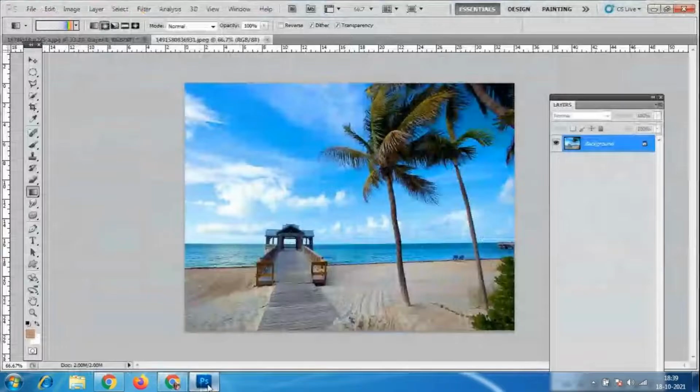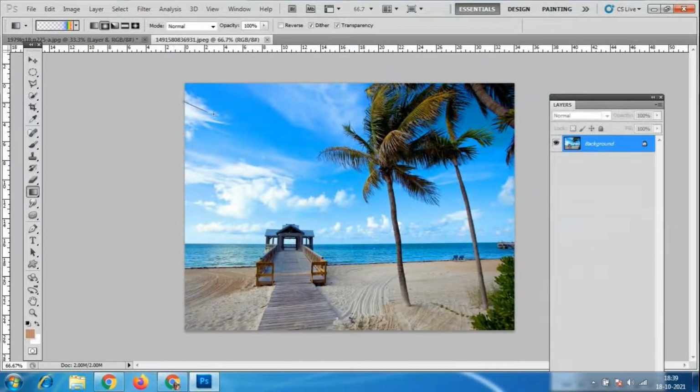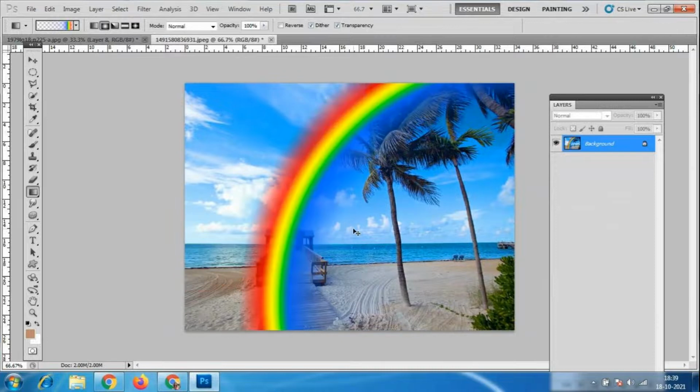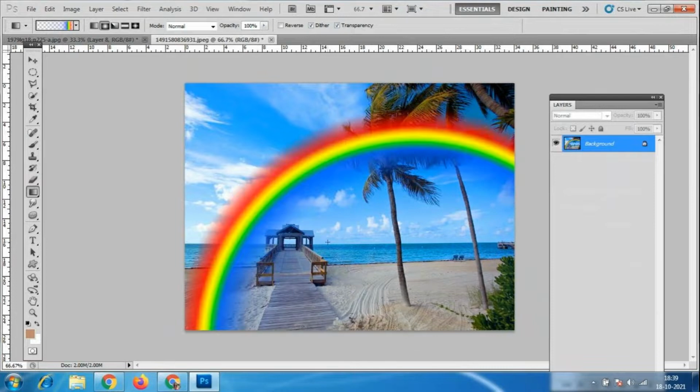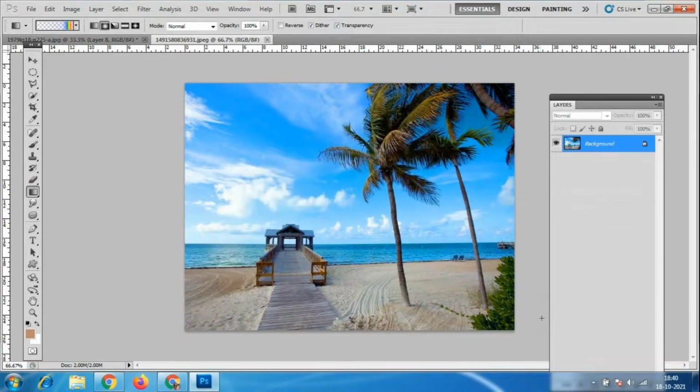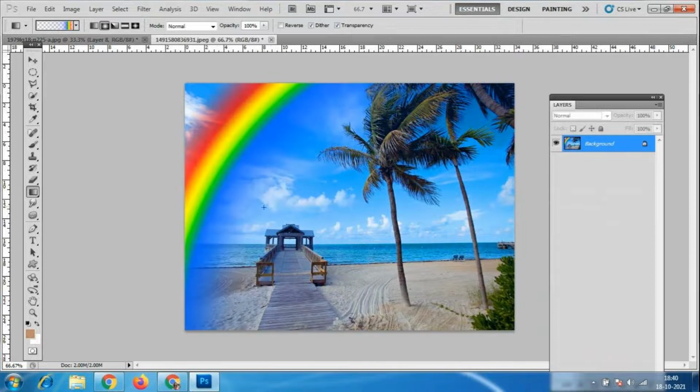Okay. So for this, I want to apply this kind of gradient. Look here. Naturally, I have to make the rainbow. Control Z. It is going till somewhere here. I'll make the transparency like this, only 10%.